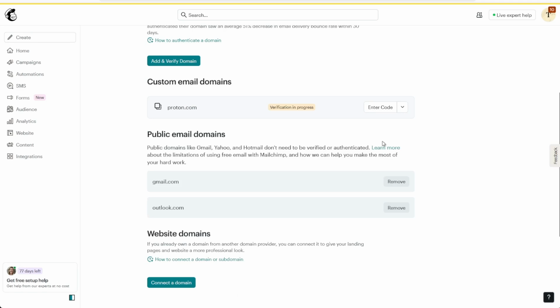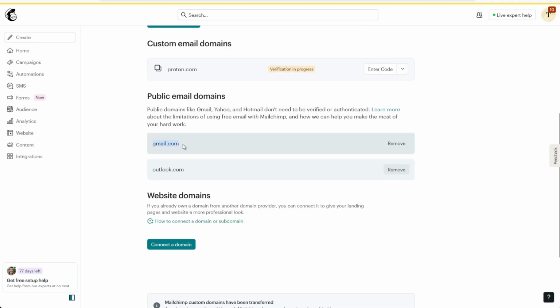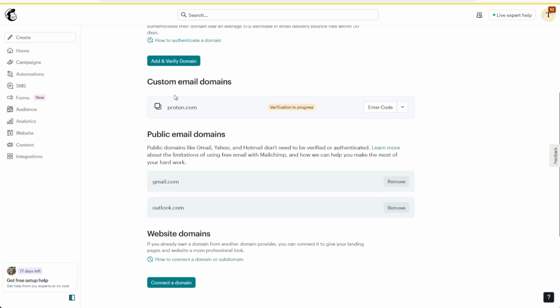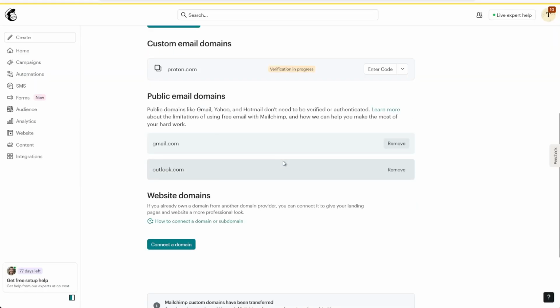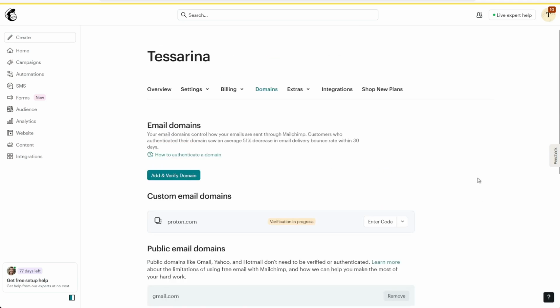Now, below Domains at the bottom, you will automatically see that Gmail is considered a public domain. If you haven't had Gmail at the top, if you click on Add and Verify Domain, you can simply add it in here. However, you do not need to verify public email domains like Proton, Gmail, and Outlook. Now, once you have your domain, the next step is to send your campaigns, but we do have to change